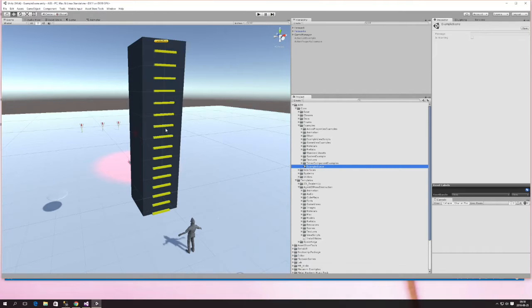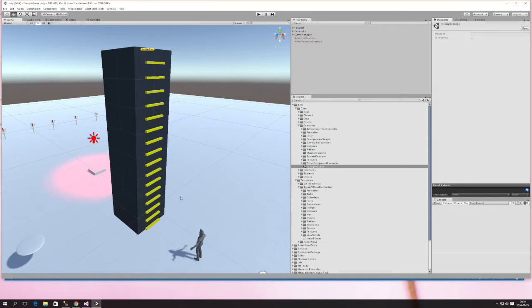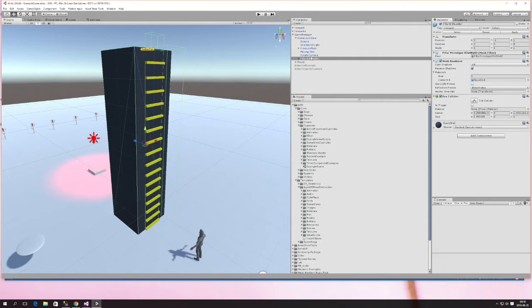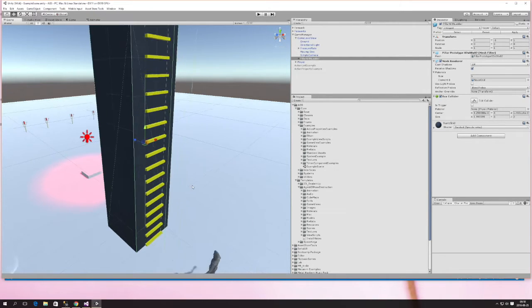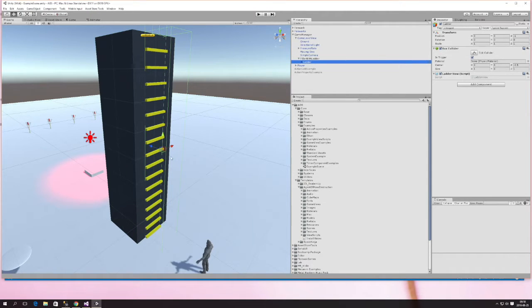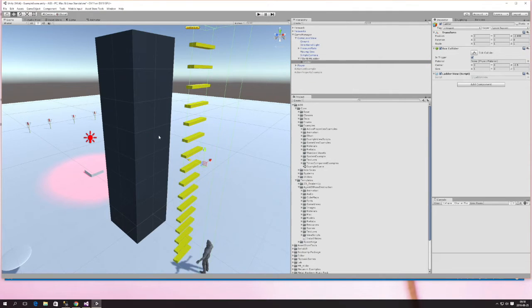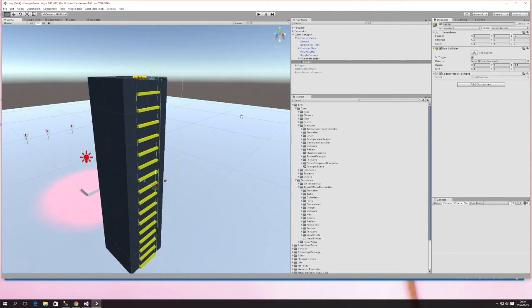So to save some time I've prepared the scene with a simple ladder. You can see here I created the game object pillar with ladder. The models are simple prototype models from the Unity standard assets. The important thing here is the ladder is completely detached. This is just a pillar. So the ladder, it should have a ladder view